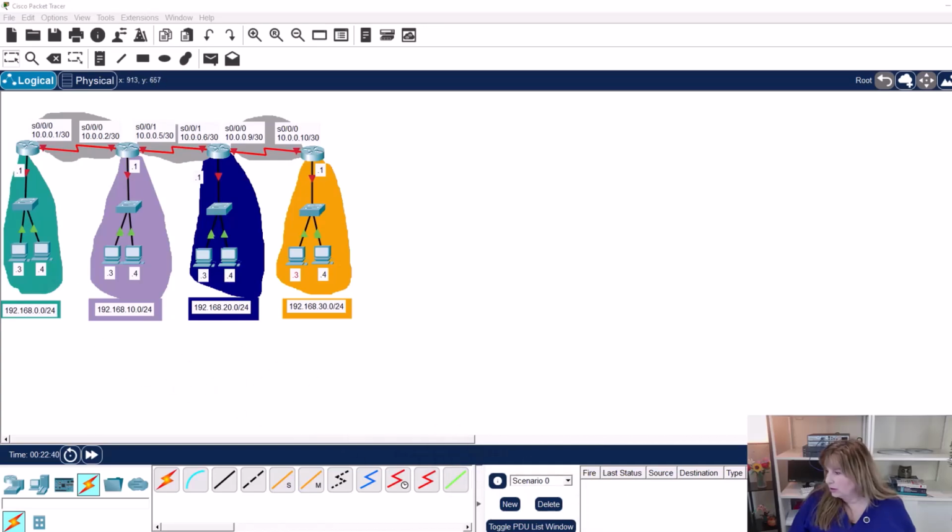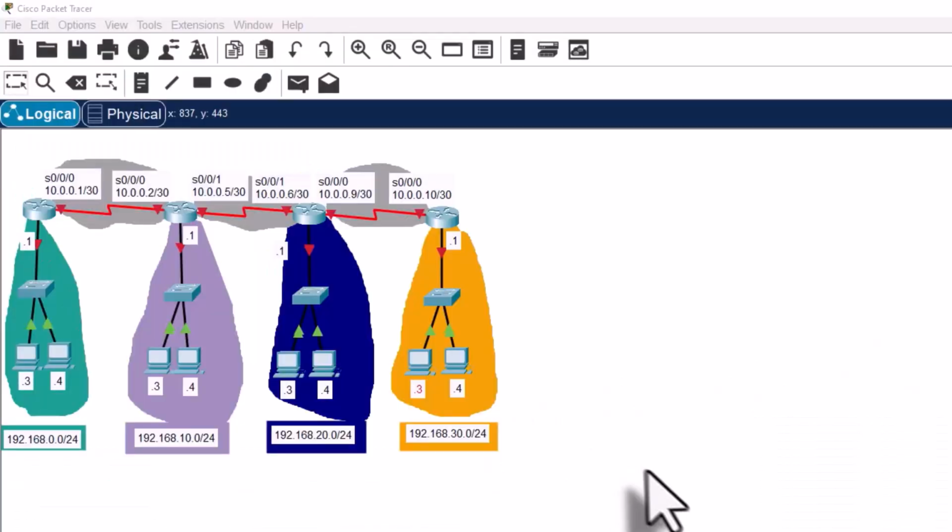All right, well, we're starting here with this packet tracer, and I know it looks a little bit funny. What I've done is I've highlighted each of the networks in a different color because I know some students up to this point really haven't paid attention to how the different networks work together. That's not you, right? Yeah, I wanted to set this up as a little bit of a challenge so that